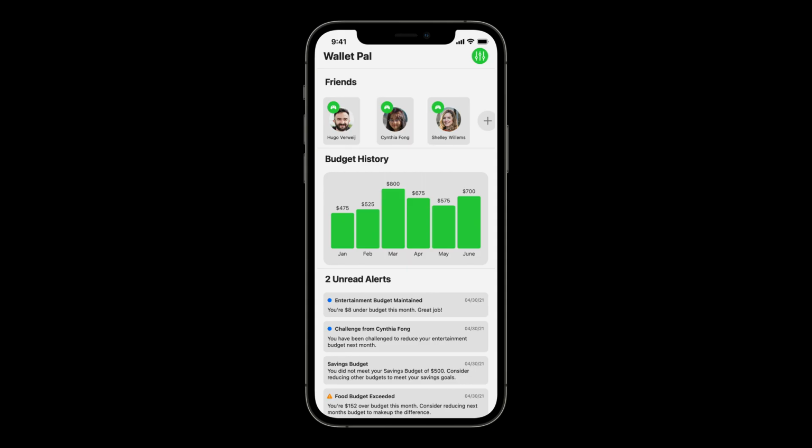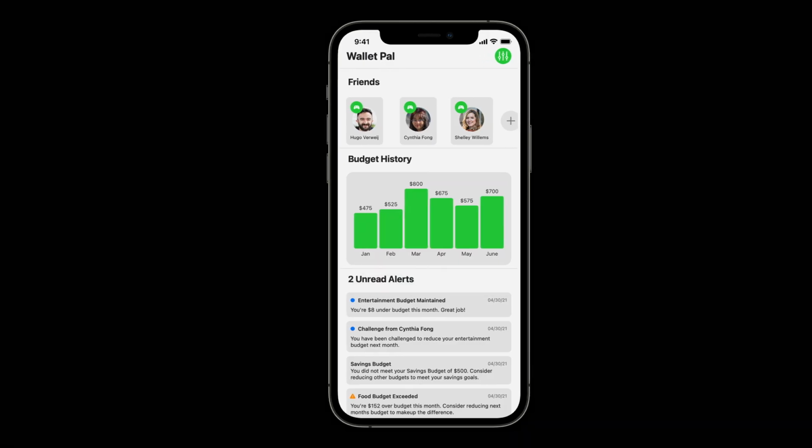I'm running into this case when trying to make the budget history graph accessible. Users reported the graph is completely inaccessible. And so this means when assistive technologies are focused on the budget history header and try to navigate to the next element, they end up at the alerts header.